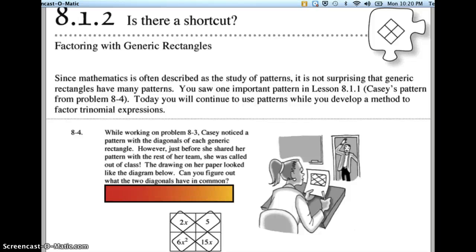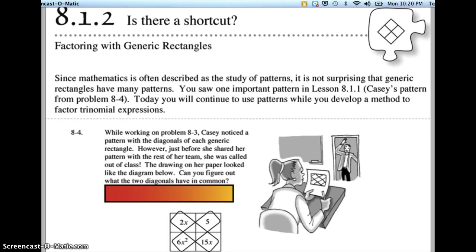Okay, Oak Rovers, this is a video from section 8.1.2 in Algebra Connections, which is called Factoring with Generic Rectangles. At the beginning of this section, they talk about the importance in mathematics of finding patterns. The pattern that we found from 8.1.1 was Casey's pattern, and I just want to make sure that you understand what Casey's pattern is before we go on to today's